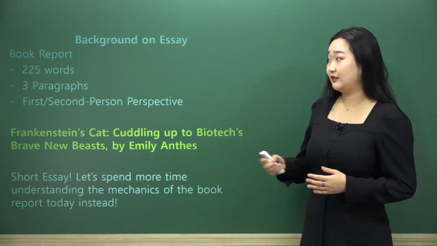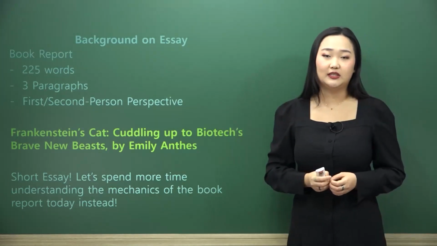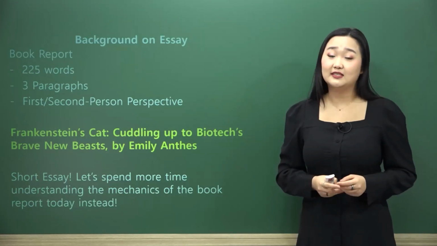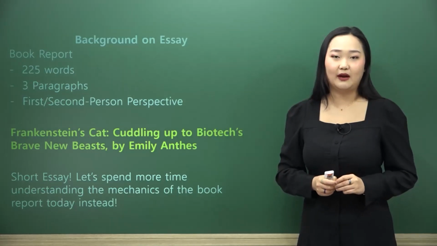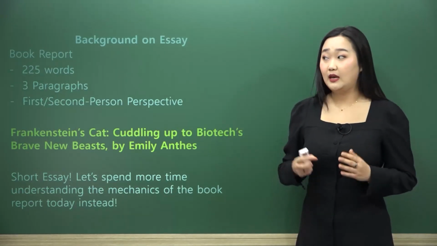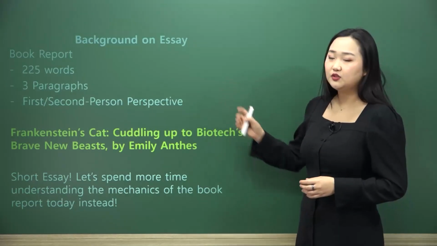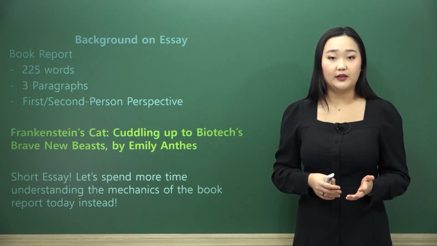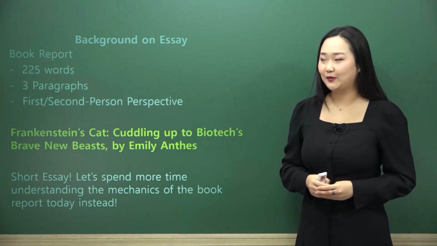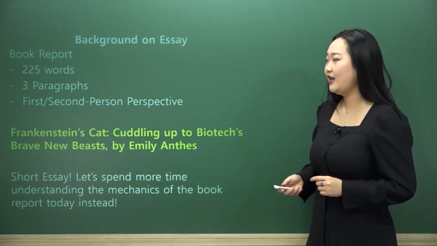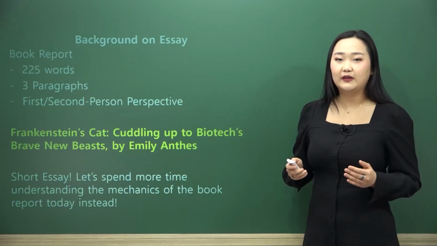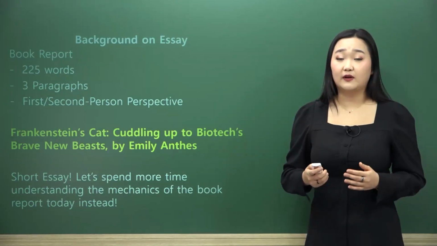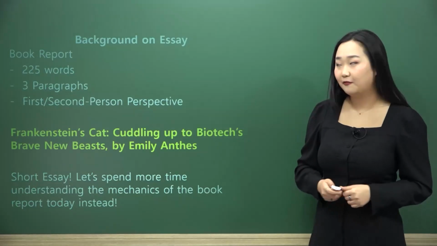Also, this is not clearly a good book report because it's only 225 words. If you guys have picked up on anything so far, an essay around 500 to 600 words is probably the one that you want to be writing as well, regardless of what the essay might be. So here, 225 words, quite short, but I think it's a good way to start because we can fix a lot of things on the way to creating a 10 out of 10 book report essay, which we will discuss later on. And in doing so, we have time to figure out what things we need to actually fix in regards to grammar, as well as aspects that are very particular to the book report itself.